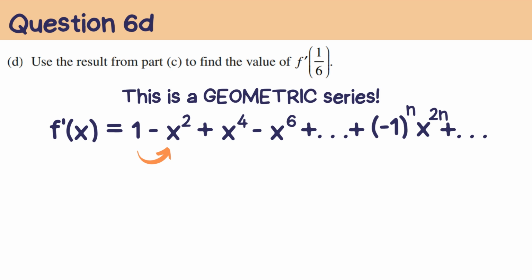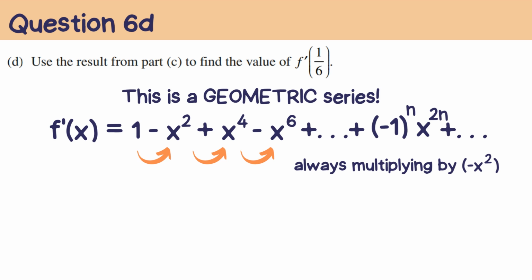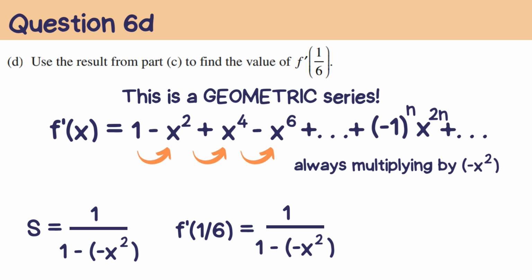So to get from 1 to a negative x squared, and from an x squared to an x to the 4th, and an x to the 4th to an x to the 6th, each time we're multiplying by negative x squared. And so my sum will be equal to a 1 on the top by definition, and on the bottom it will be 1 minus r, where a is the first term, and that is also a 1, minus the ratio, or negative x squared, and we need to find f prime of 1/6, so just use the sum and plug